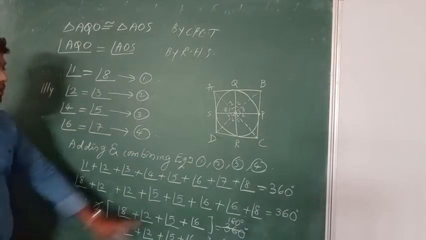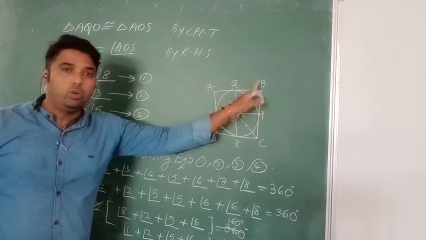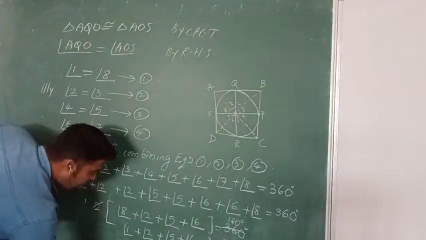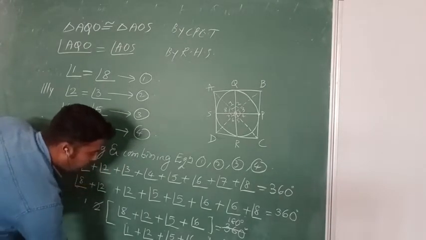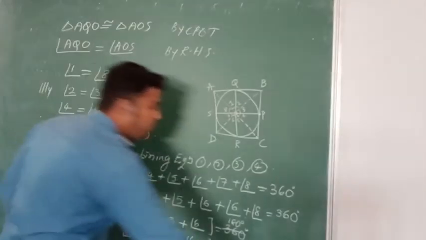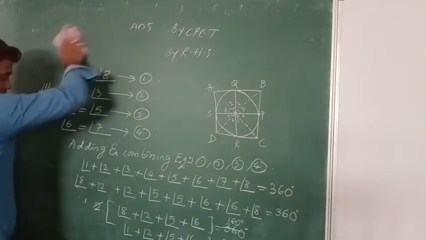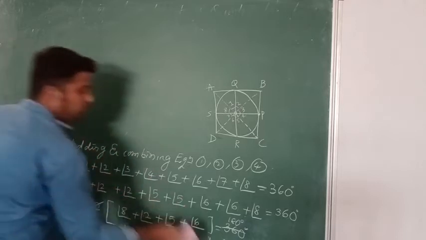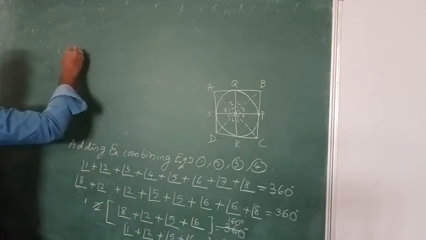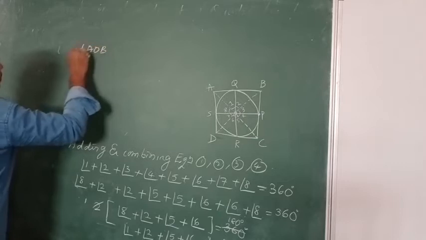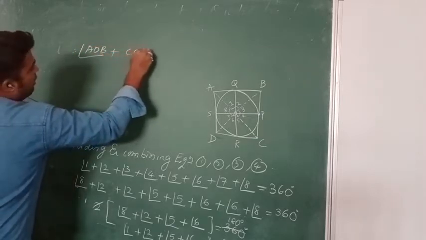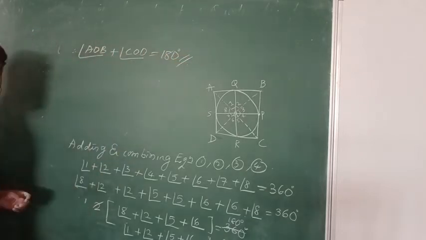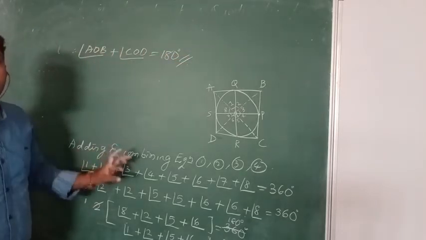If you observe, angle 1 and 2 gives us AOB, and angle 5 and 6 gives us angle COD. So here I write, therefore angle AOB, or else if you cannot see, I will write at the top. Observe. Therefore angle AOB plus angle COD is equal to 180. This is the solution for your 13th question.